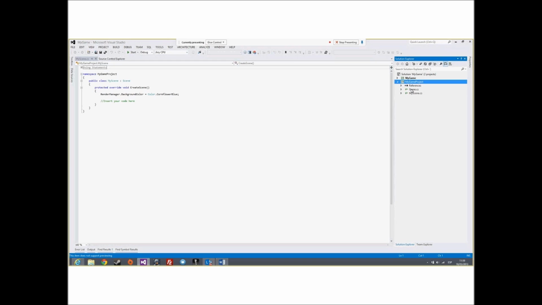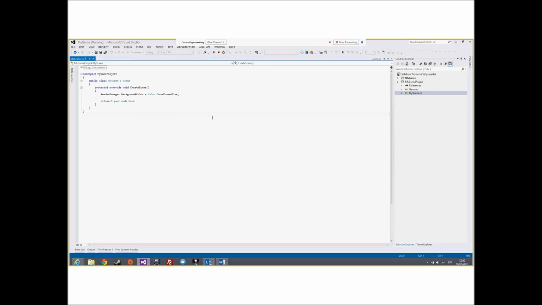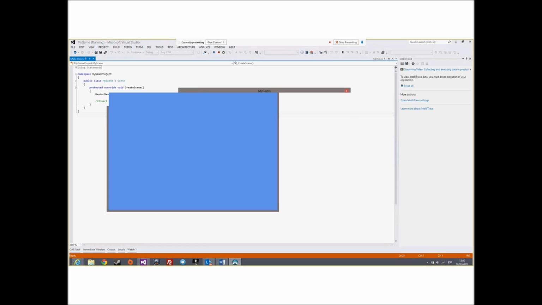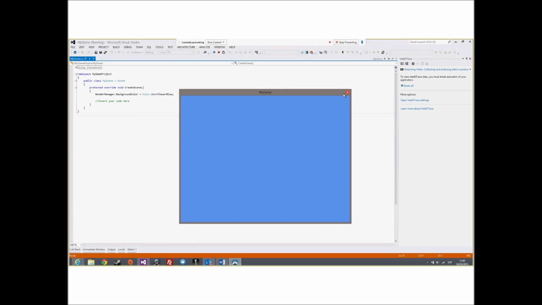Let's focus on this. The game class. In the game class, you can see how you can use the 3D layer to show my scene on the screen. In my scene class, you have an empty scene, which only has the background color blue. And if we run it, now you can see our game on Windows.